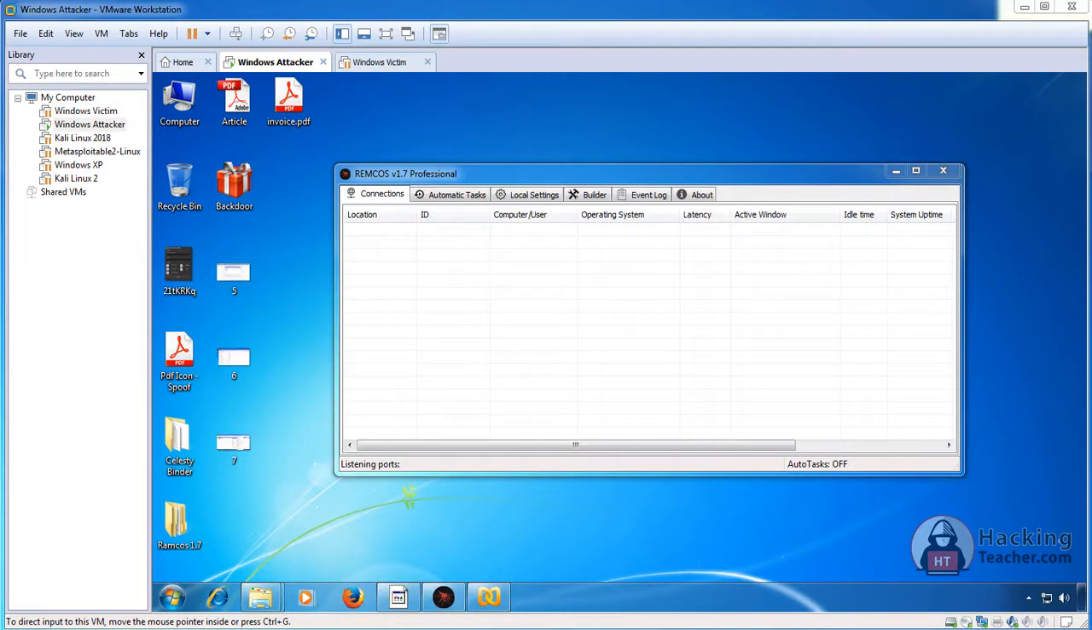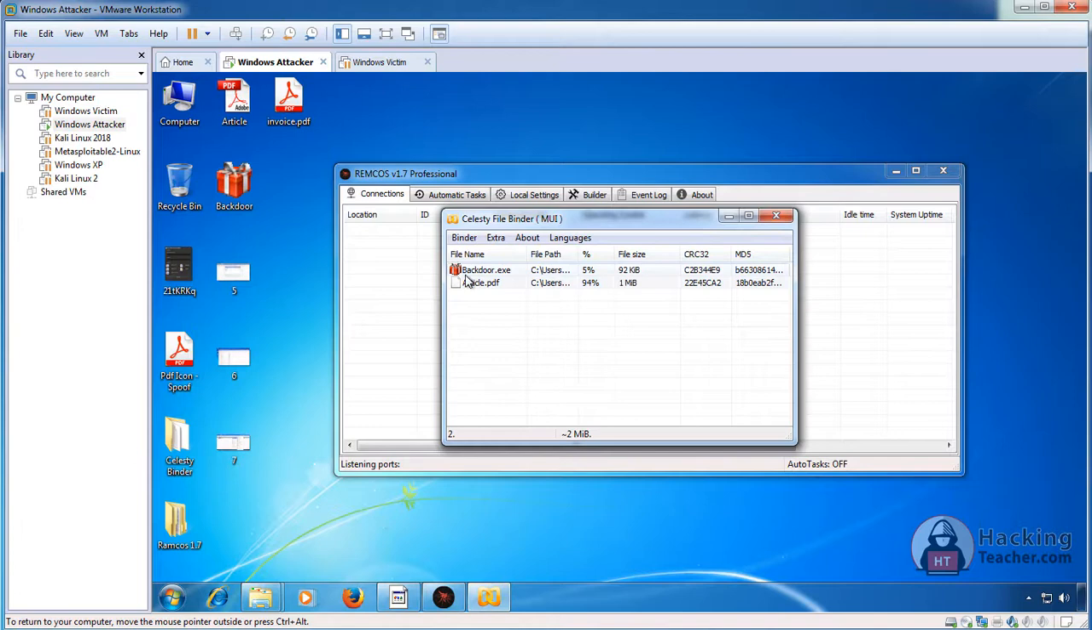In this video we are going to cover advanced concepts in Trojans. If you remember, in our past videos we learnt how to generate Trojans from Ramcos, and in the next video we also learnt how to use the Celesty file binder like this, where you drag and drop your file and also drag and drop your PDF, and then you